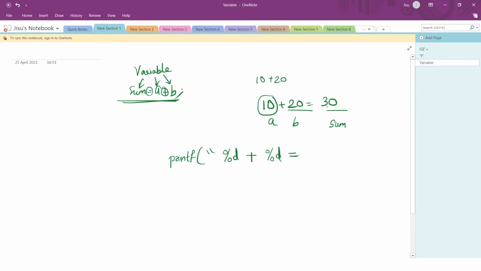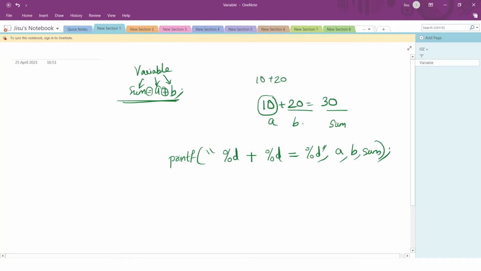So equals, again this is the value of sum, so it's again %d. This part is called the control string, and that is over. You close the double quotes, then you put a comma, then you specify the names of the variables. In this case you write a, then b, then sum. So this is the format for printing.